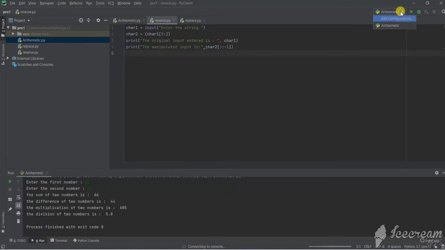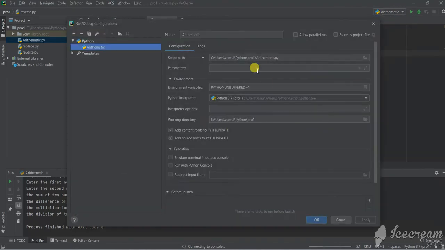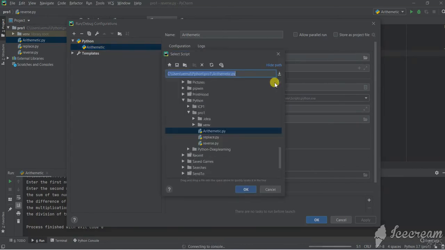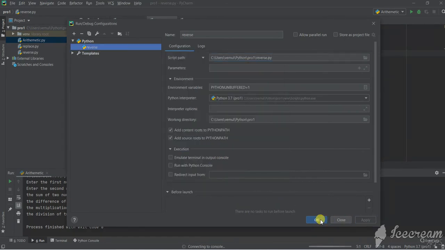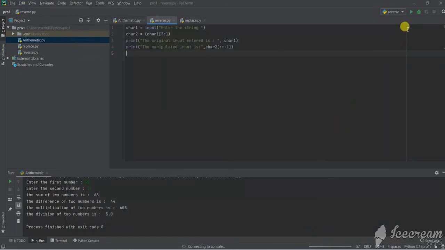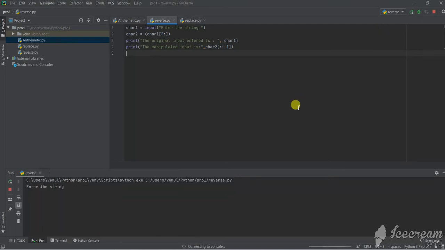So I'll just run this code so that we can check it. I'm changing this, I'll just give a reverse. Okay, apply, and I'll be running this. If I'm running this, it's asking for some string, so I'm giving my name Rajshekar. When I press enter, the original input entered is Rajshekar, and it will be removing the last